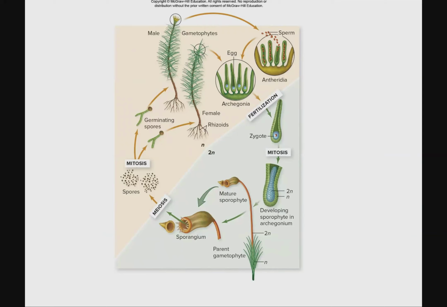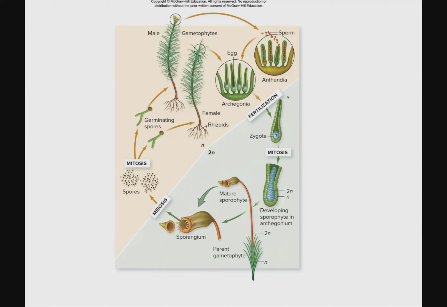Now we have this level of haplodiplonic life cycle. We have male gametophytes and female gametophytes. They produce egg and sperm. They meet in water, so the sperm makes it to the eggs via water. So these plants rely solely on water for the distribution of their sperm, which leads to fertilization, giving us a